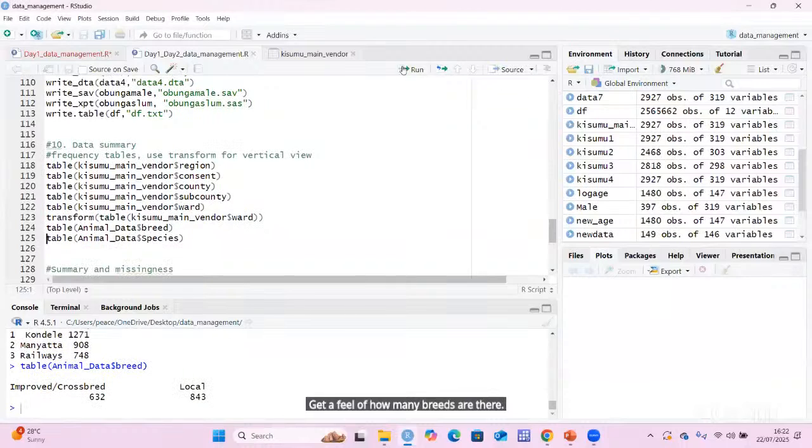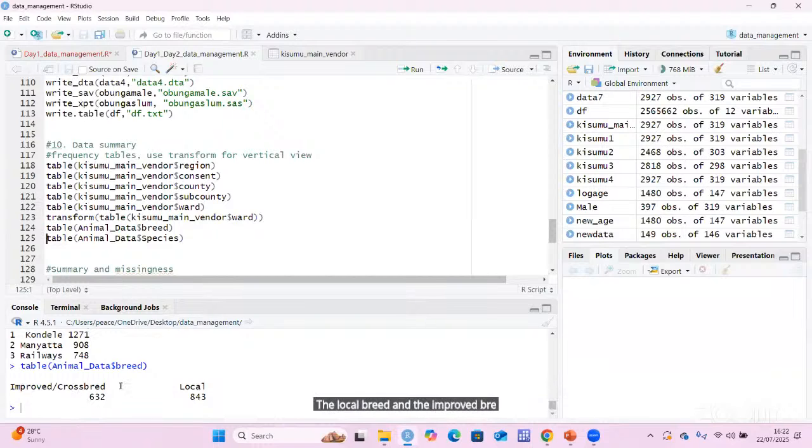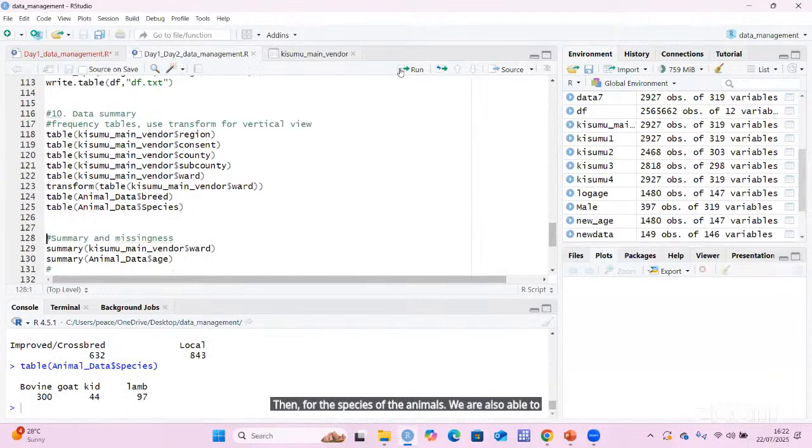And so we were able to find that we have the local breed and the improved breed. How many in each category? We can determine that when you do a tabulation. Then for the species of the animals, we are also able to run and see. We have bovine, we have goat kid, we have lamb, and how many